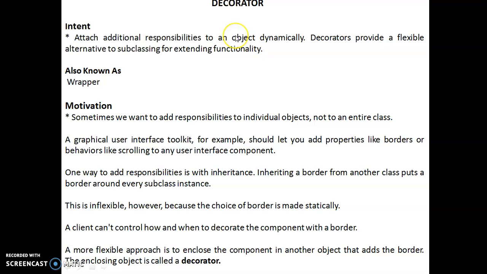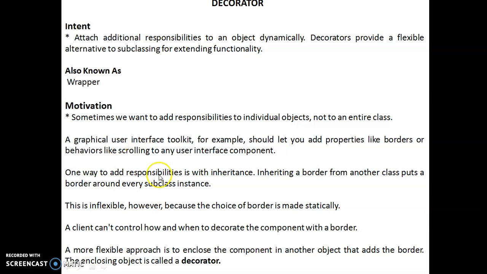Attaching additional responsibility means there is one existing system and you are adding more features to it. That's it. Motivation: sometimes we want to add responsibility to the existing one, so that's why you are using a decorator. It's the simplest one. If you want to add certain new features to the existing one, then the decorator pattern is used.